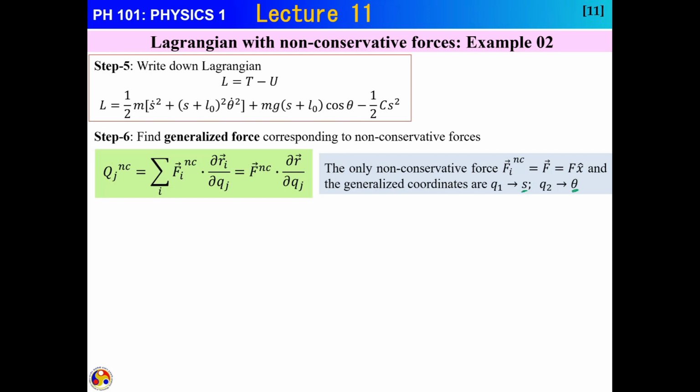Therefore, we should have two generalized forces, one corresponding to each coordinate. That is what you have to be careful about. You are supposed to get an equation of motion for each coordinate, so there should be a corresponding generalized force for the non-conservative force for each. Here the force is acting only along the x direction. So therefore, can I say that we can write it as